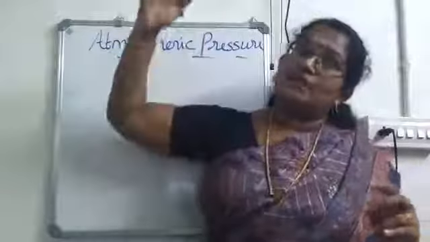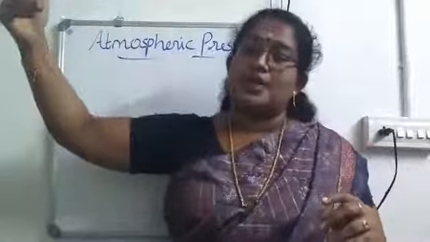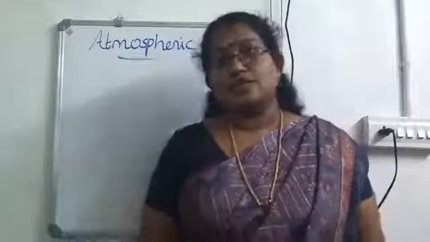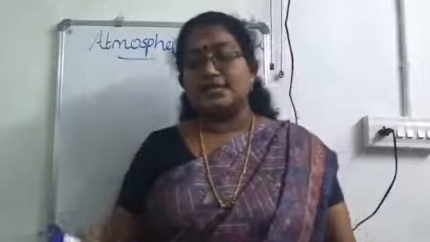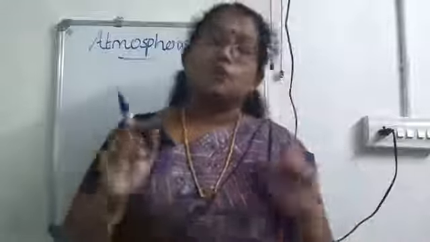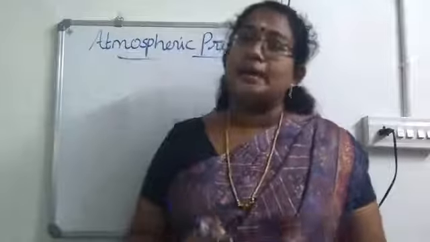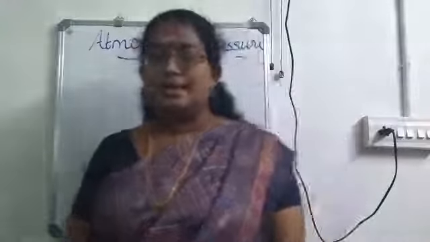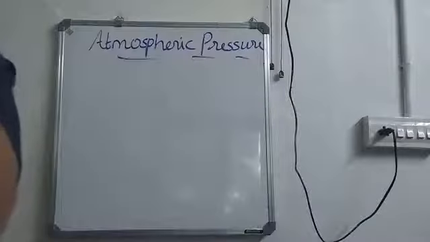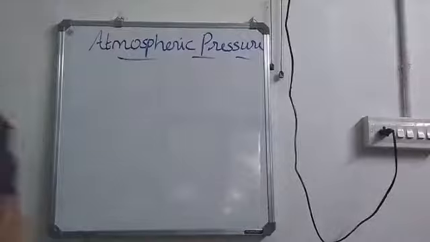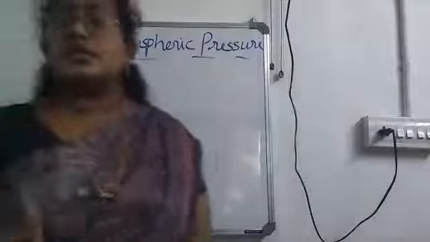And when you are moving, when you are taking it to a greater height, what happens? The value of atmospheric pressure decreases. Okay. So at sea level, 76 centimeter will be the reading shown by a simple barometer. Now using the reading shown by a barometer, we can forecast weather. Okay. Weather forecasting can be done using this. So first, at sea level, the reading shown will be 76 centimeter of mercury, and if the reading shown